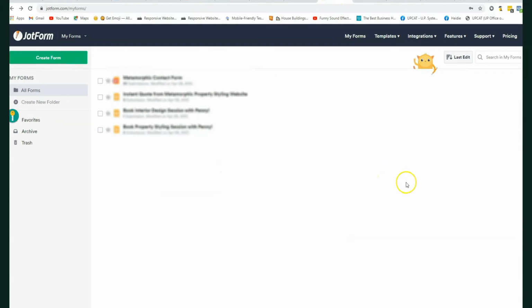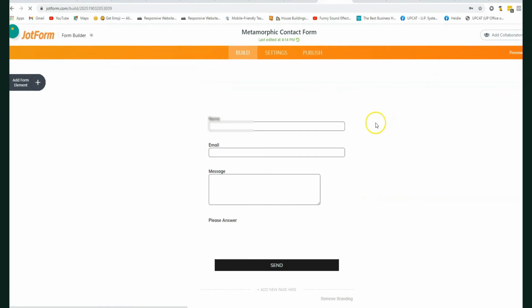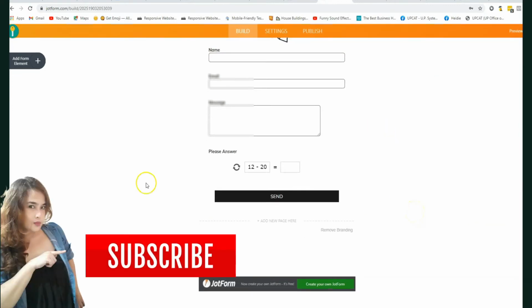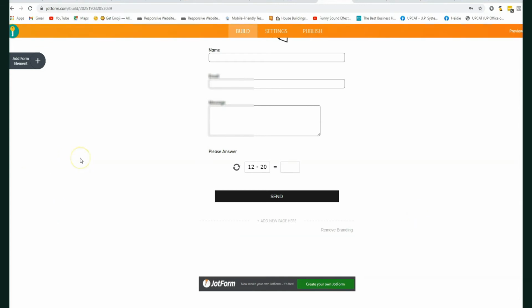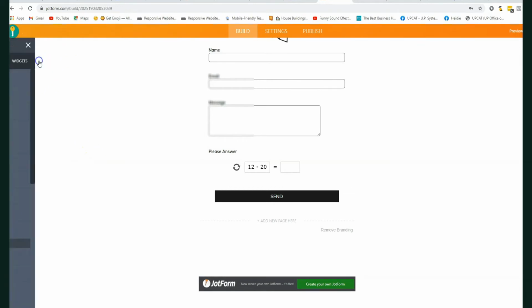I am inside my Jotform account, and we are going to edit one of the forms. So just click the edit form in here. Choose the form that you are going to edit, and then we are going to add security features for that form. So click this plus sign button, and then